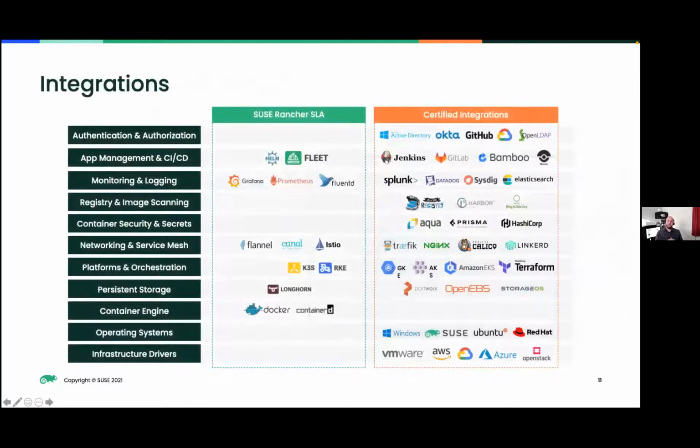But it doesn't just stop at the catalog. There's a number of integrations that are on offer, as there should be with any enterprise Kubernetes management platform. I touched earlier about choice, giving you the freedom to choose what software runs on your cluster for the right job, and that is so important. So supporting all of these best of breed open source tools, all part of the CNCF landscape, is really key to our strategy, just so that you've got that freedom of choice.